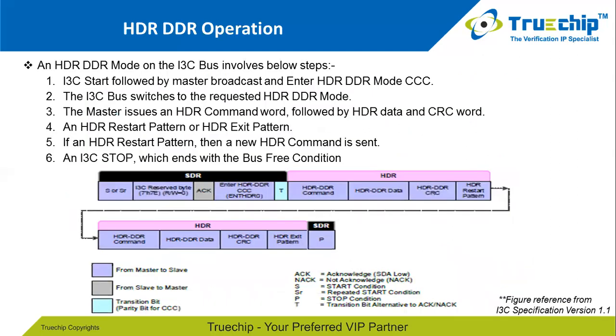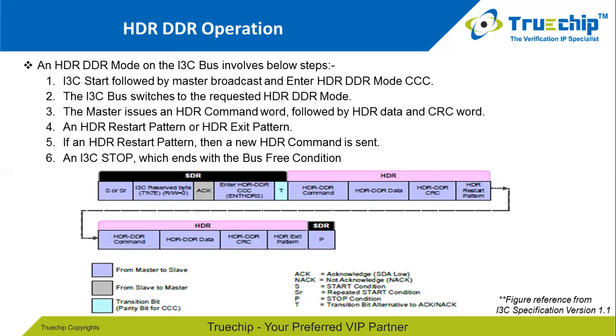Here we can see the frame structure of DDR mode. An HDR-DDR mode starts with I3C start followed by master broadcast and enter HDR mode CCC. Then the I3C bus switches to the requested HDR-DDR mode. After that, the master issues an HDR command word followed by 0 or more HDR data words and CRC word,